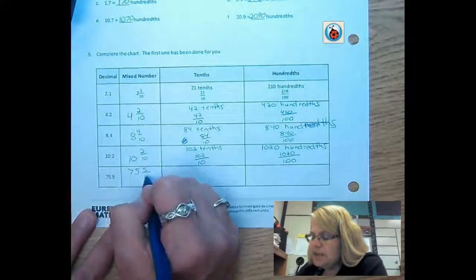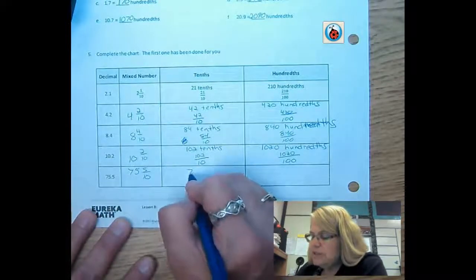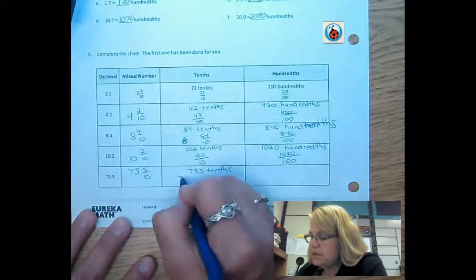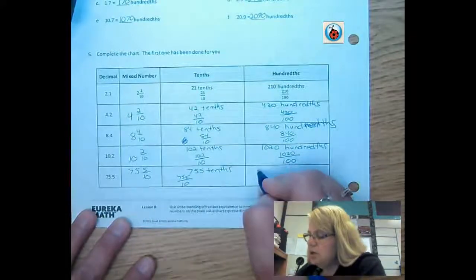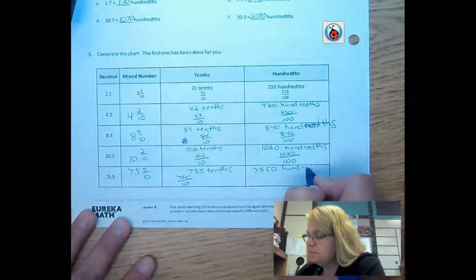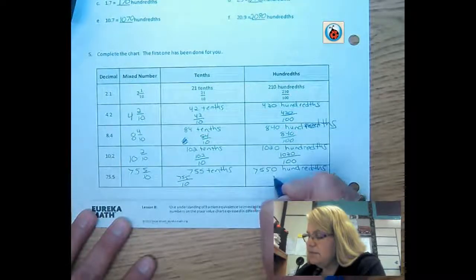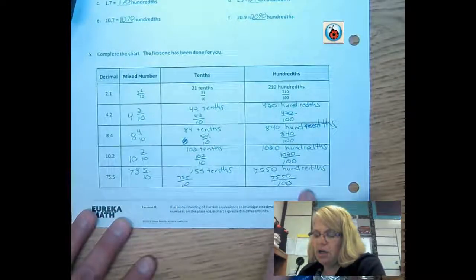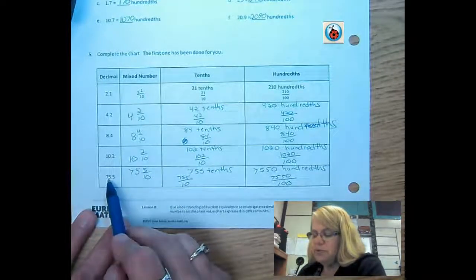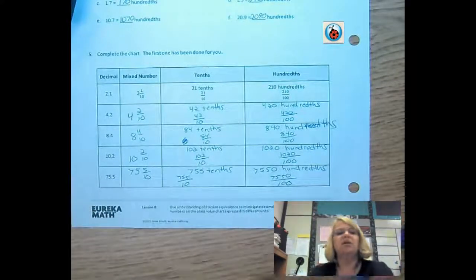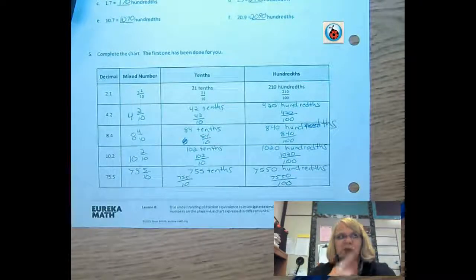And the last one is 75 and 5/10, or 755 tenths. 755 over 10, or 7,550 hundredths, or 7,550 over 100. So all we're doing in this lesson is we're renaming. We're renaming decimals from one unit to the next. We're using the place value chart, decomposing it. Okay? So tomorrow you'll be doing the